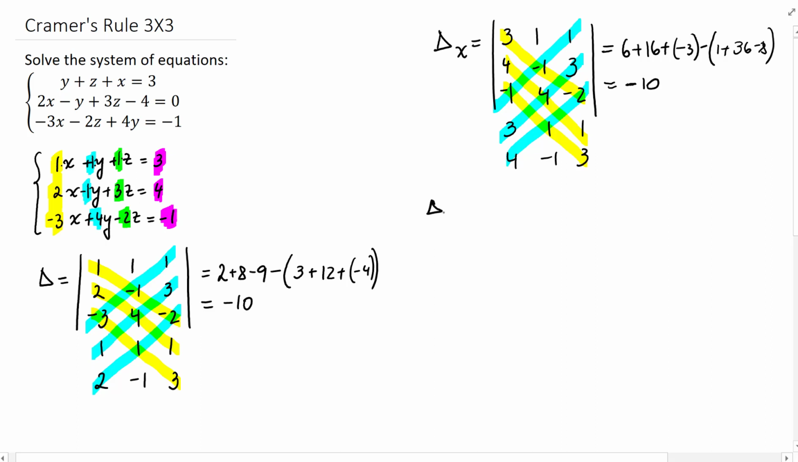Delta y, well, in delta, instead of the middle column, we put the column of the constants, and the other ones we copy them. So 1, 2, negative 3, 3, 4, negative 1, and 1, 3, negative 2. So the column of the constants, now it's in the second place. And we compute it by copying the first two rows, and we get